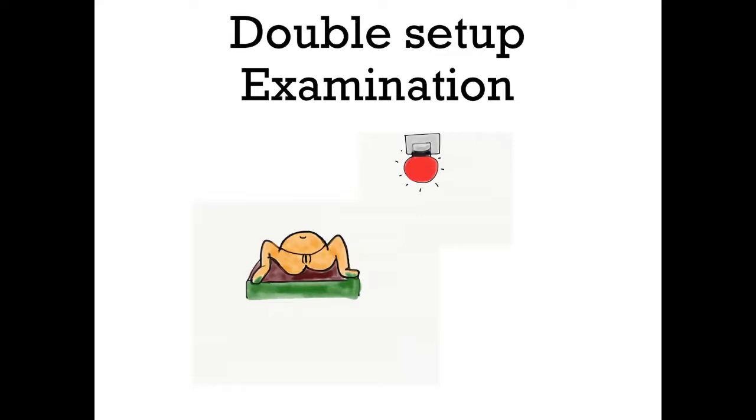So we perform per-vaginal examination in the operation theatre, and if we identify the presence of placenta previa, we can perform cesarean section at that sitting only, and we'll be able to manage hemorrhage since we are in the operation theatre. This is called double setup examination. This is not very commonly done these days. It is usually done for cases of placenta previa which cannot be clearly identified either clinically or on ultrasound.